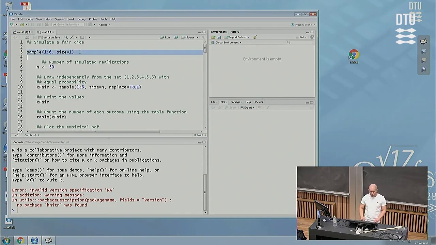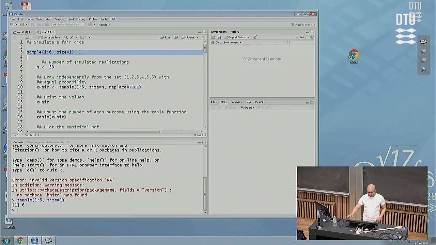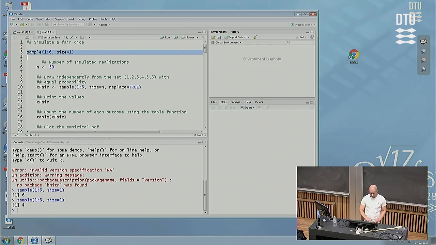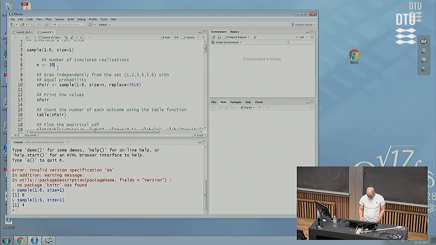It has a sample function that can sample at random. I had a 6, I had a 4. This is one throw with a dice, right? Great, great game already there. Now if we want a bit more fun game, we can do